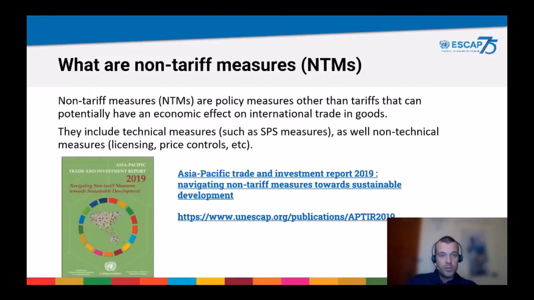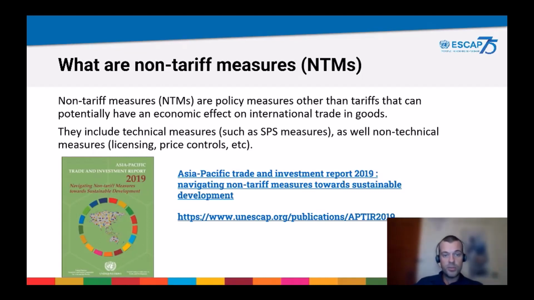So what are non-tariff measures? As I'm sure you're all aware, these are basically policy measures other than ordinary customs tariffs that can potentially have an economic effect on international trade in goods. They include technical measures such as sanitary and phytosanitary measures, as well as non-technical measures such as licensing, price control, and many more. For a very good introduction on this, I suggest you read through this report that we published